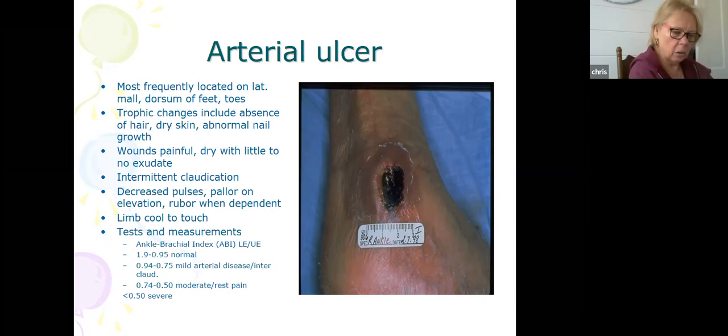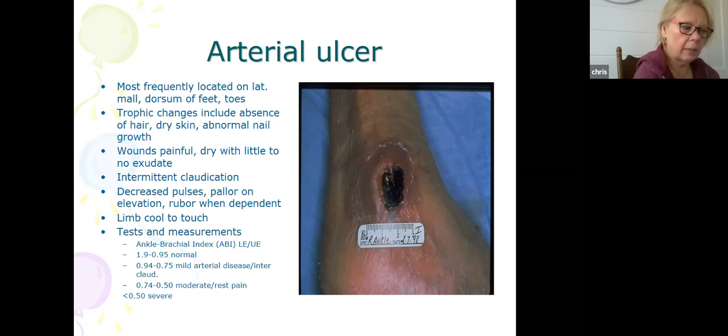One of those tests is known as a Rubor, R-U-B-O-R, redness, Rubor dependency test. What it looks for is if the patient is supine, and you look at the bottom of the feet, both feet. You elevate the limbs slightly, like 45 to 60 degrees, for about a minute. What should happen is you should get a pinkness. If you get a rapid loss of color, that's abnormal.